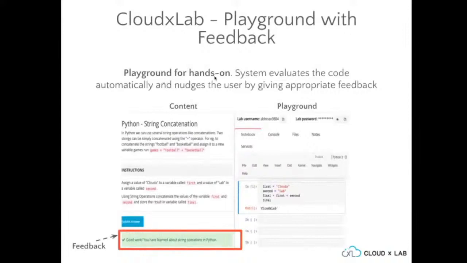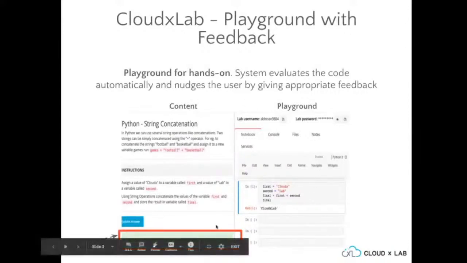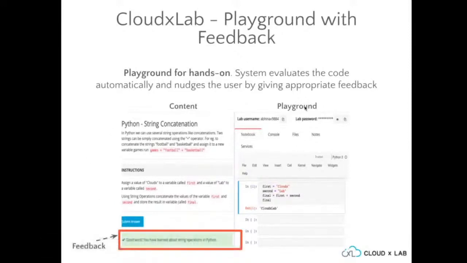The playgrounds are for hands-on, and the system evaluates. The way it looks is something like this: there is content on the left-hand side, which would have instructions and some theory, and on the right-hand side you've got what's called a playground, a Jupyter playground, where you could type in code,